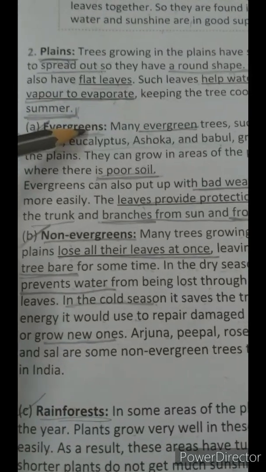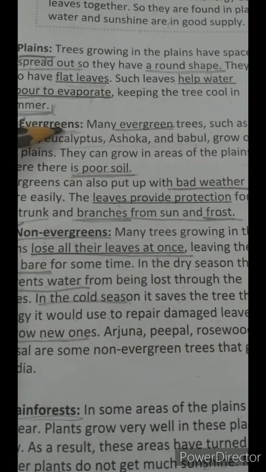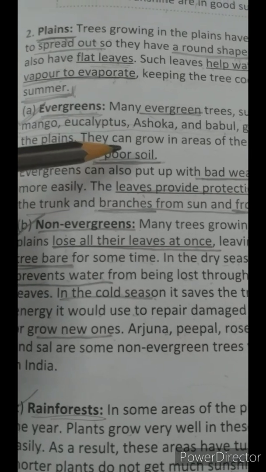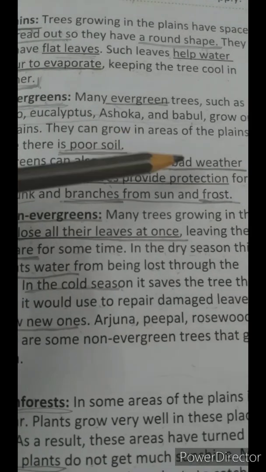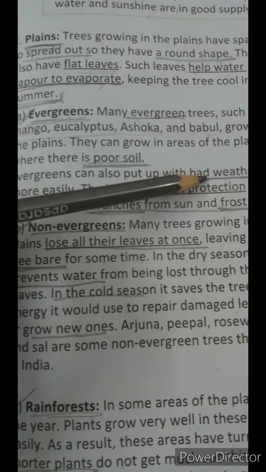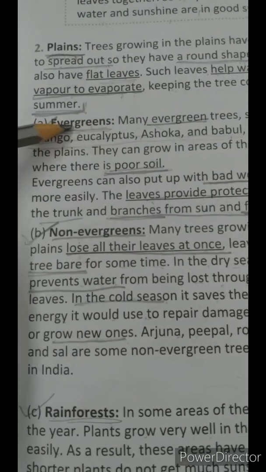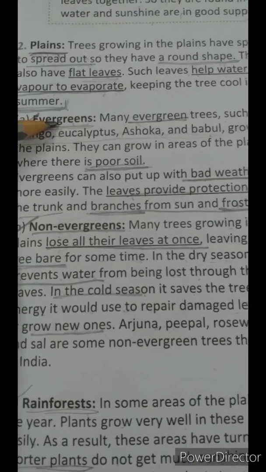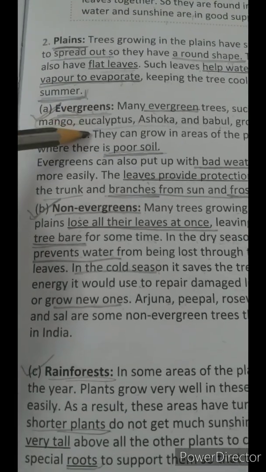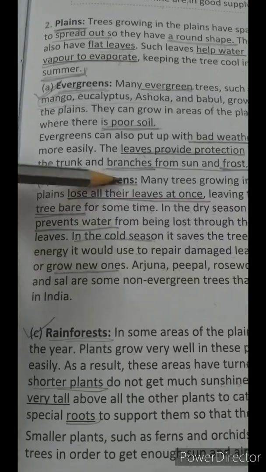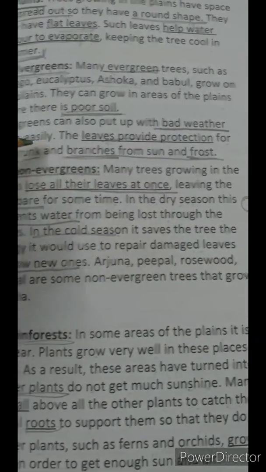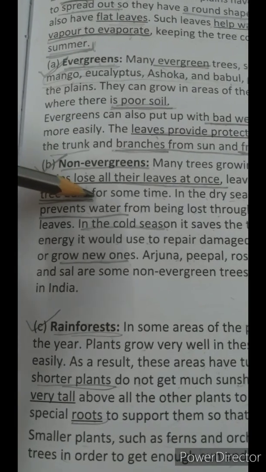Okay, so the adaptation of evergreen is, as I have already told you, that they can grow well in poor soil and harsh climate or bad weather. Okay, children, and they remain green throughout the year. So this is the adaptation of evergreen. The adaptation of non-evergreen is that they lose all their leaves at once, leaving the tree bare or naked for some time.